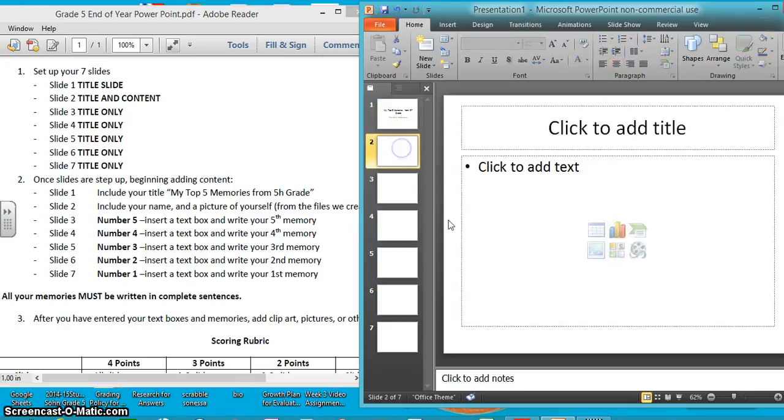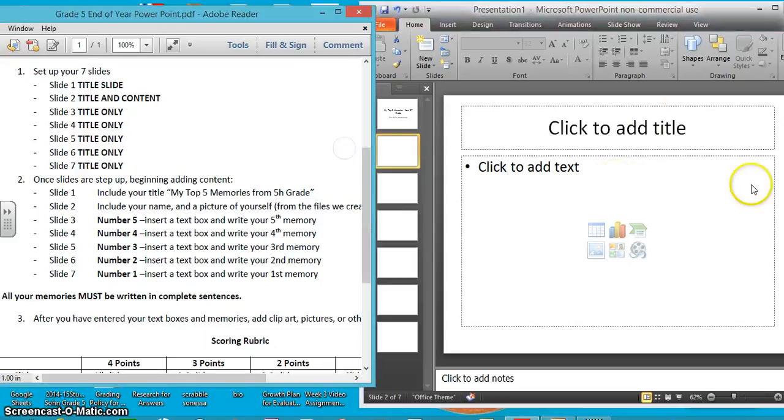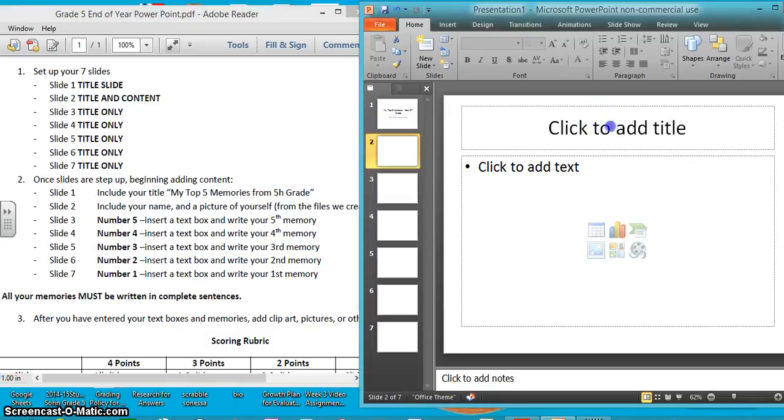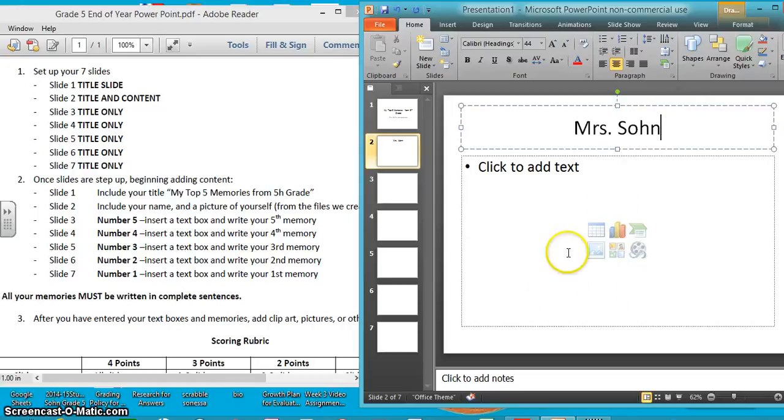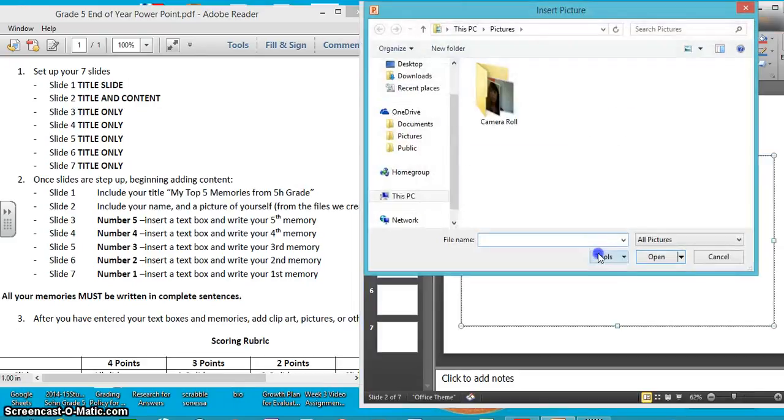Next, I'm going to go to slide number 2. It says include your name and a picture of yourself from the files we created. My name is going to go up here in the title section. And to insert the picture, I'm going to go down to the icons. This one is insert picture from file. What you'll do is click on the icon,